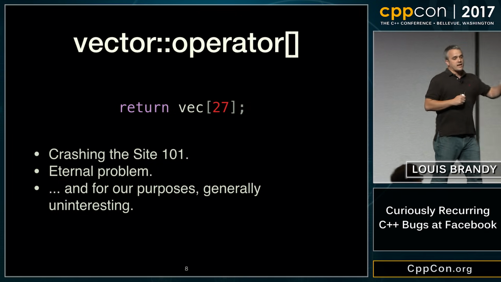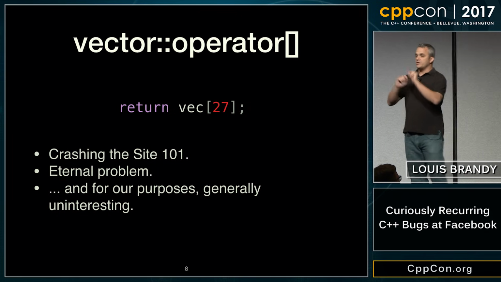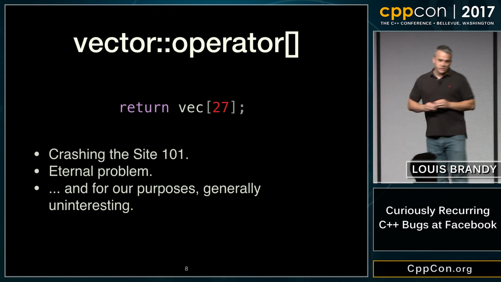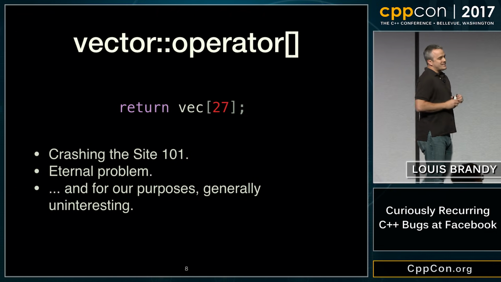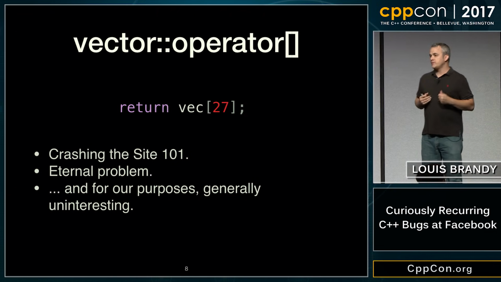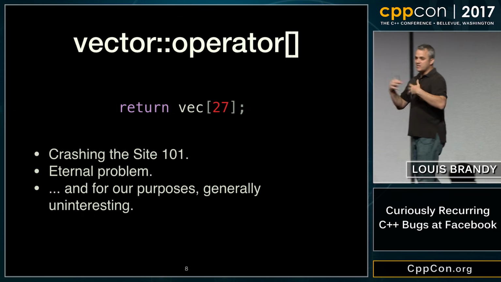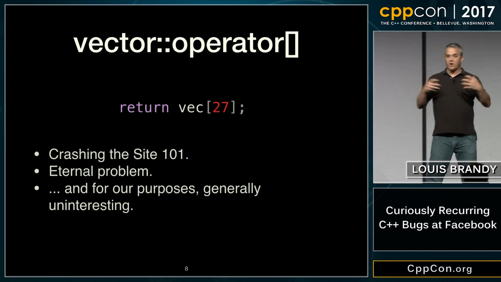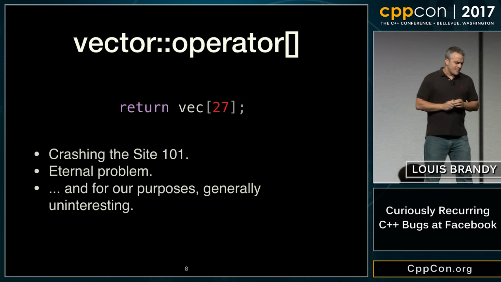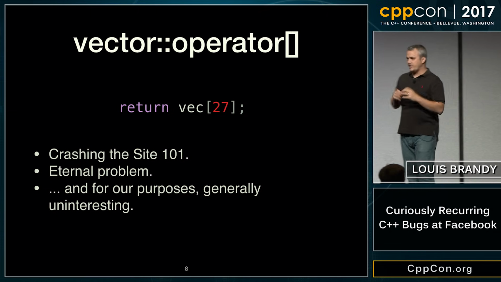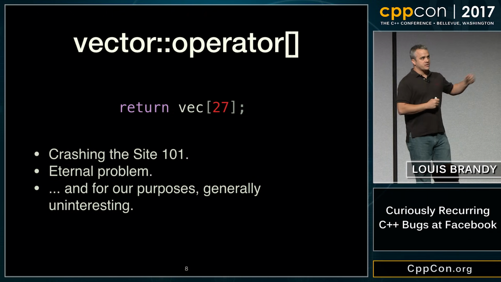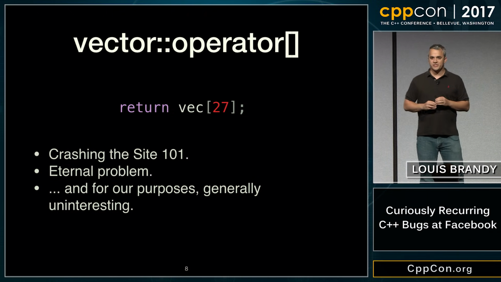But for today's purposes, I'm going to declare this uninteresting, only for today's purposes, okay? And the reason I declare it uninteresting is it's not really a C++ self-inflicted wound. Computing has this problem in general. Every language is built, or not built, around it. And so I think this is actually a hard inherent problem in what we do. Most of the rest of the things I'm going to talk about are not really inherent. They were self-inflicted.